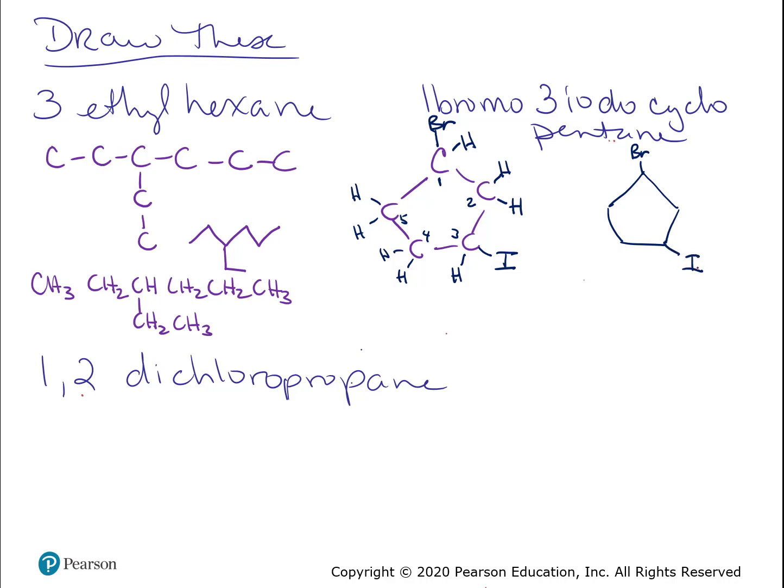If you wanted to do it in the condensed, you can still do that. That would be CH, CH2, CH, CH2, CH2 back, and then Br up and I off of 3. Can you see those? So it just depends on how you actually want it drawn. Okay? All right, so